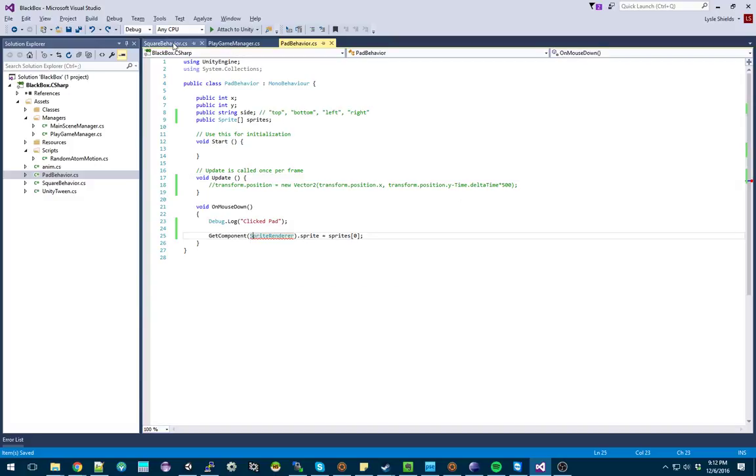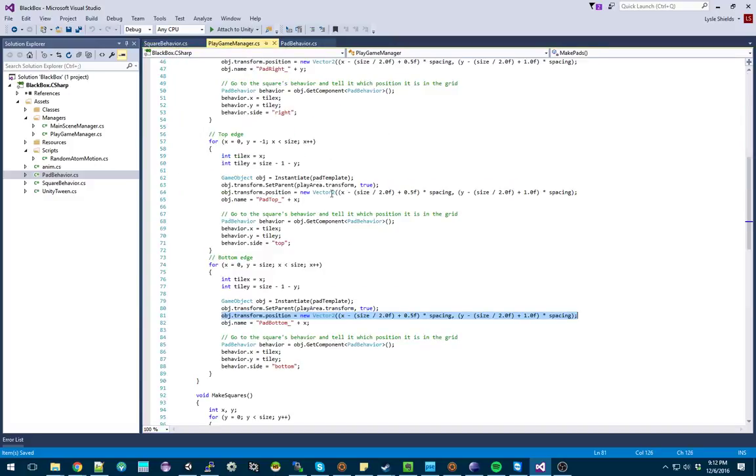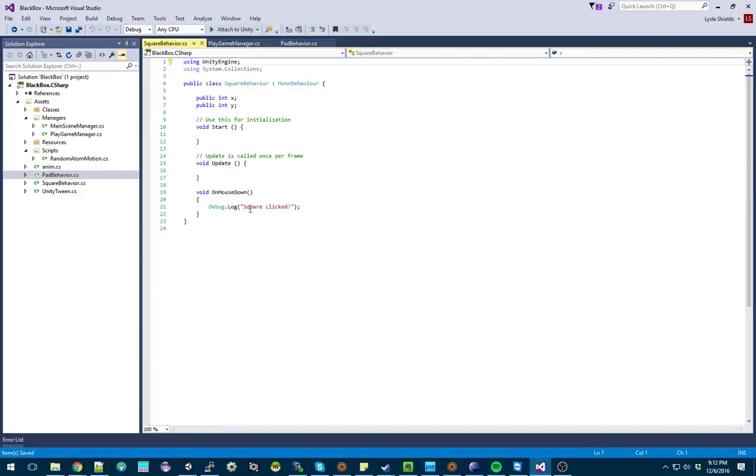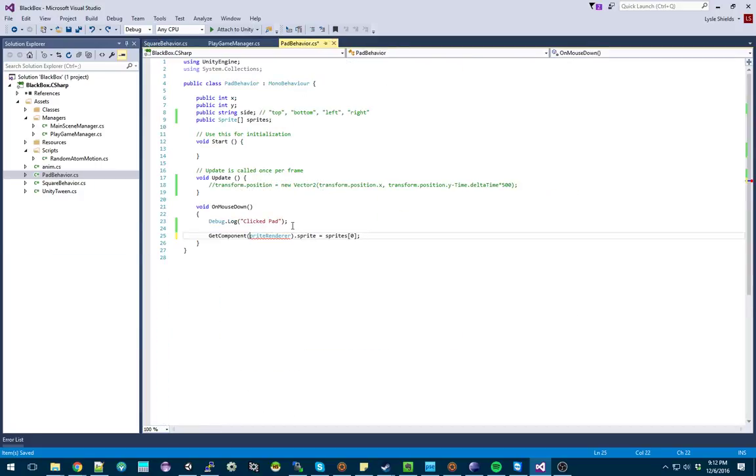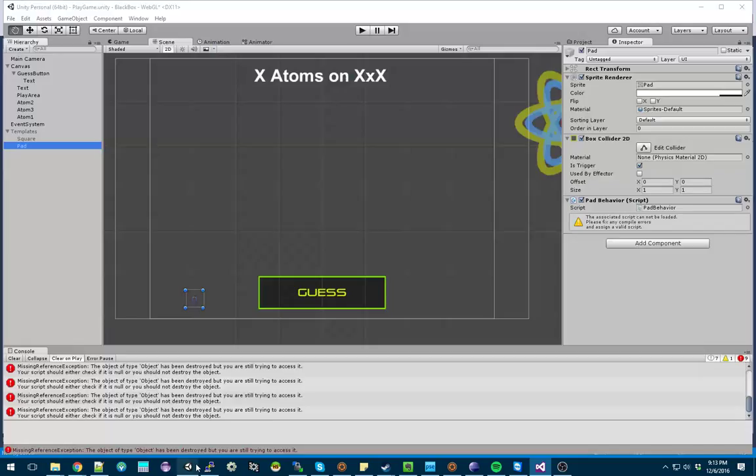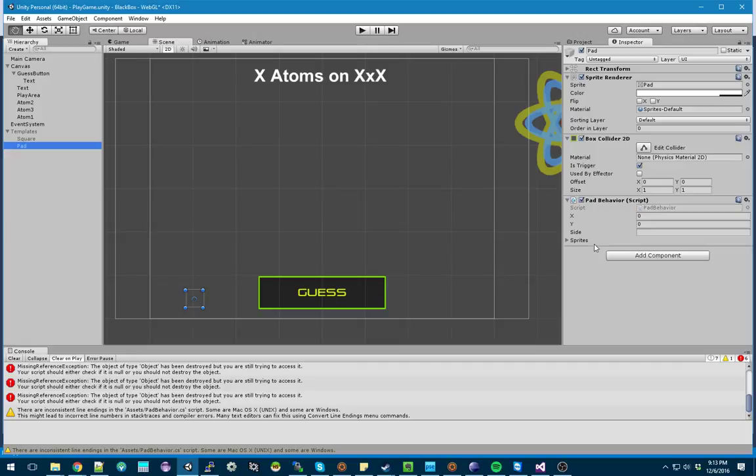We did this object get component. Oh yeah, okay, that's the problem. I thought it would be this way. There we go. Okay, so we got to get the sprite renderer using the template. Get the sprite, and then what we do when we define the object, when you do an array,